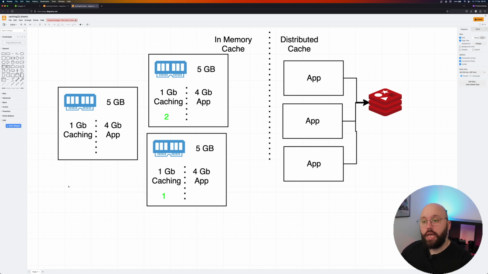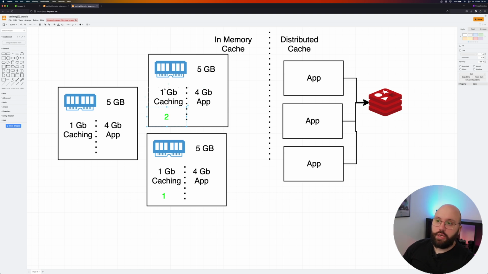But what happens if I do another request and the load balancer says, okay, server 1 is not accepting any more requests because it's full of capacity, but server 2 is actually taking requests. So what happens here? The request is going to go to server 2. It's going to check the cache. It says, okay, it does not exist in the cache. So what is going to happen? It's going to connect to the database, get the information again, then store it in the cache, and then send it